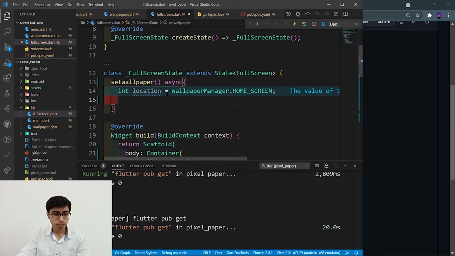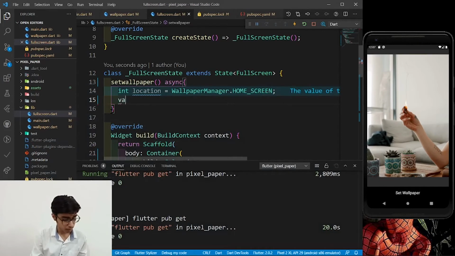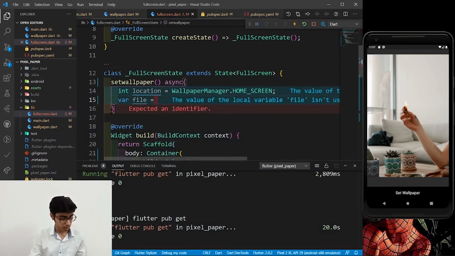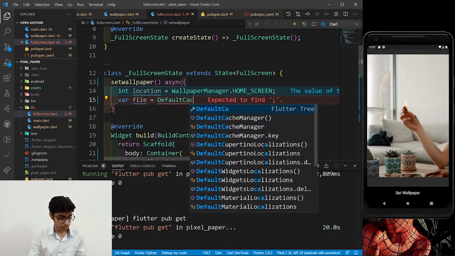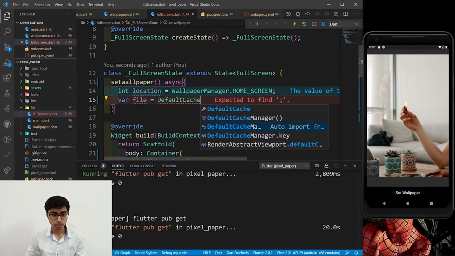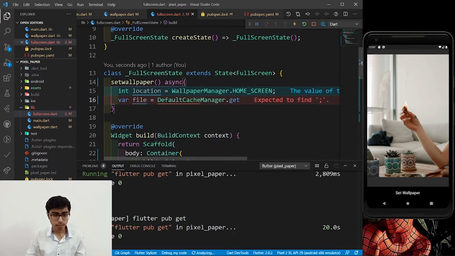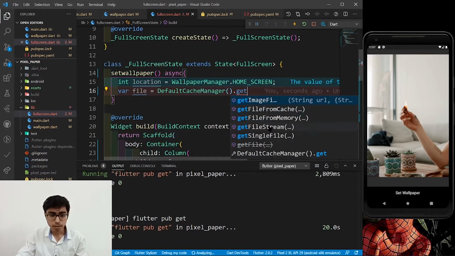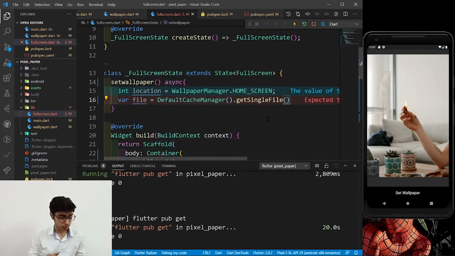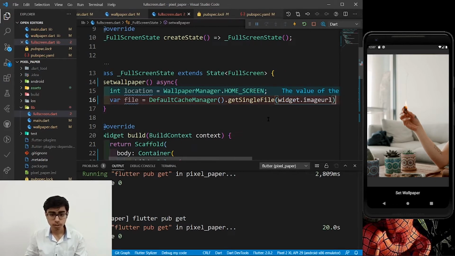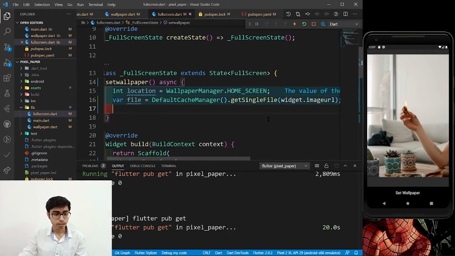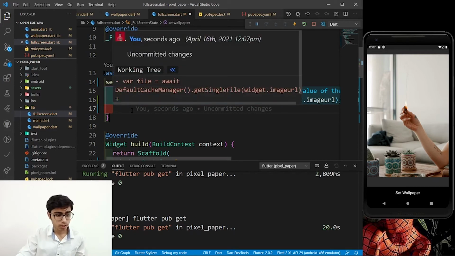Now after defining the location, define the file. So the file will be DefaultCacheManager dot getSingleFile, define the URL. So the URL is widget.imageUrl. Okay, this is done. Now we are going to set the wallpaper.